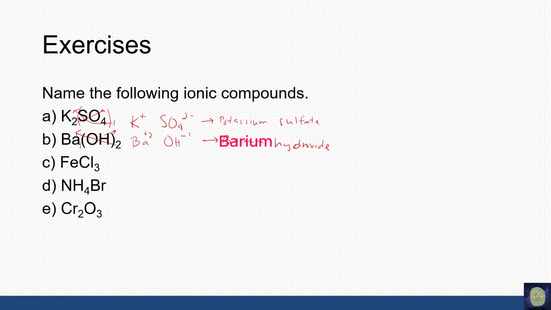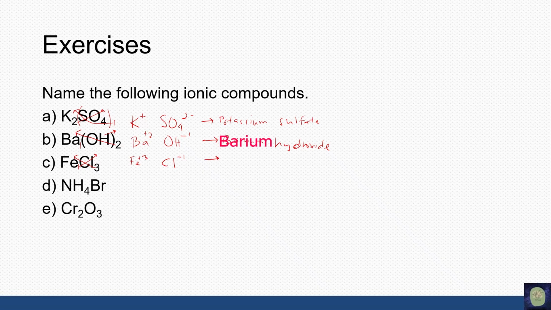Okay, next, if we have FeCl3, so this has an invisible one, which means that the Fe has a positive 3 and the chlorine has only negative 1. So if you're wondering why this is positive, this is negative, remember that metals have a positive charge due to their low electronegativities. So they are more prone to donate their electrons than the non-metals, right?